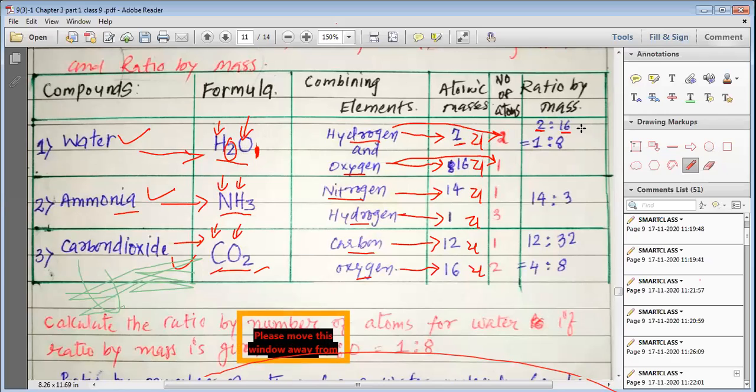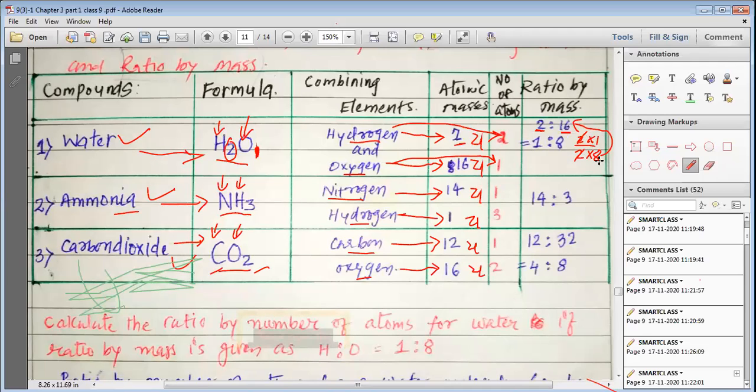Now, if we simplify it, if we write it in this way, 2 divided by 2 into 8, this 2 into 8 I have written for 16. So this 2 and 2 get cancelled. We write 2 into 1 and we get 1 by 8. So the simple ratio is 1 is to